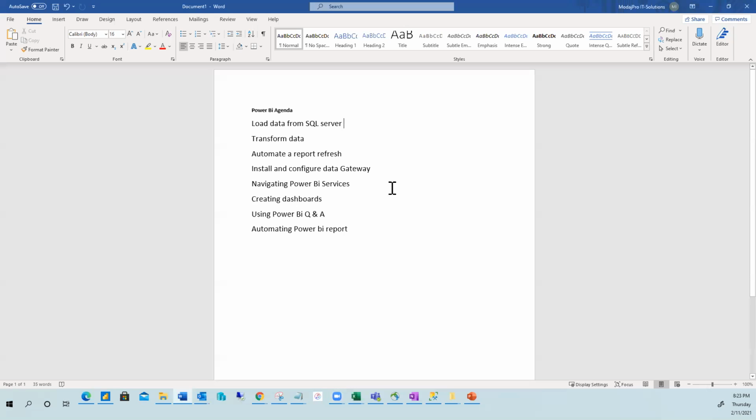We'll also learn how to load data from an application or website. If time permits, we'll learn how to load data from different data sources. Then we'll transform the data, play around and see how we can clean it up and make it readable. We're going to automate a report